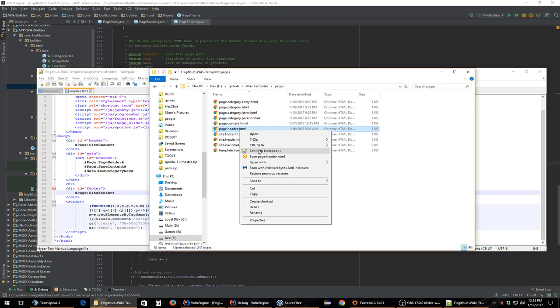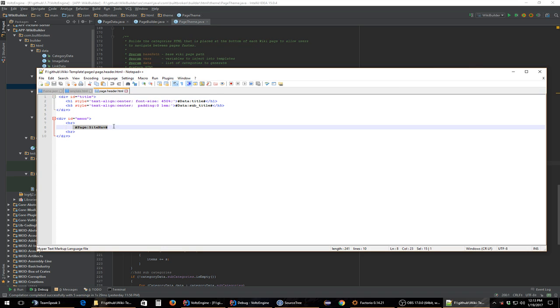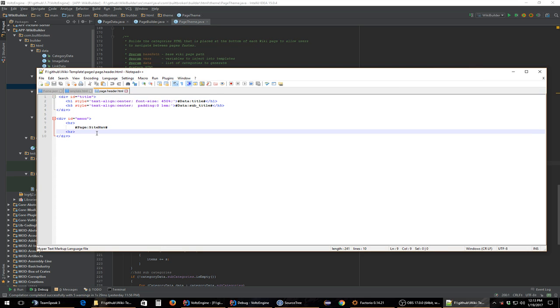Then we have the page header, which actually includes the site nav as part of it. The way we've got the site generated is that the site navigation is not part of the main page. It's part of each individual page. That way you can have a slightly modified navigation bar at the top. So if you're on the main page, you'll see, for example, a link to the mods page, a link to the projects page, a link to our about page. But as you get deeper into the site, say you were on the ICBM page, you would see the ICBM home, the site home, and the downloads page,